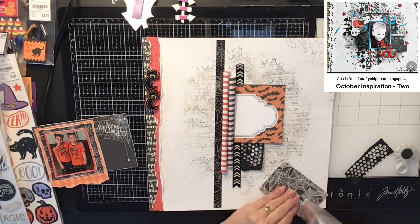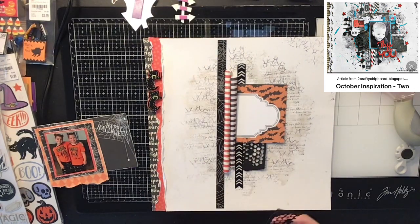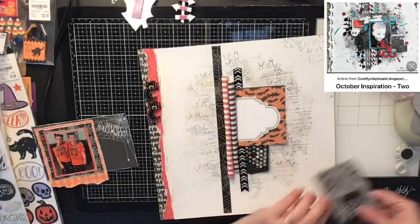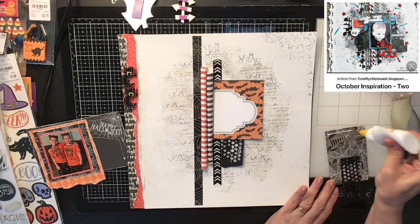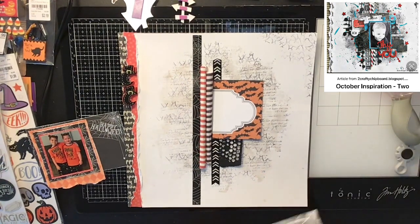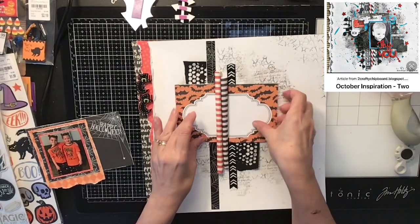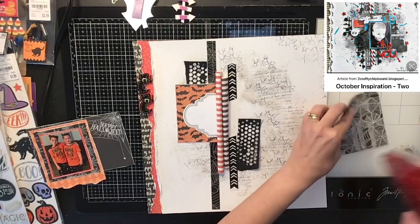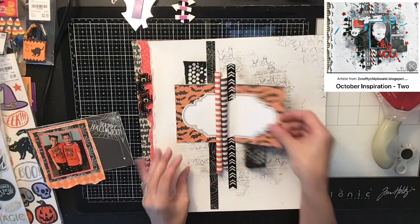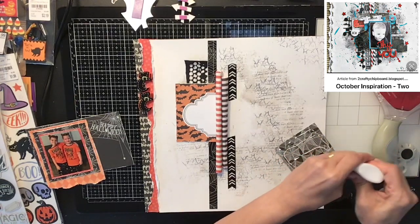And then here are the pieces that I ran through my die cut machine with that mixed media die that I told you about from Ranger Tim Holtz. And I'm going to stick that to the back of this card now with these bats on it, and I kind of cut it in half, and I'm going to make it look like it still goes all the way across, which it really doesn't, but you're not going to see that because I'm going to have my photo on top of it. And now I'm going to stick this piece down on the bottom here like this, and this is just part of giving it that grungy look again